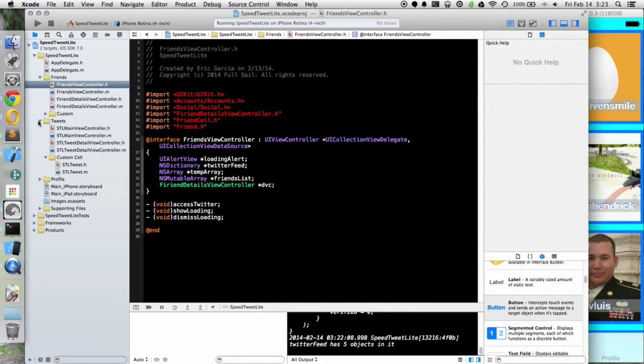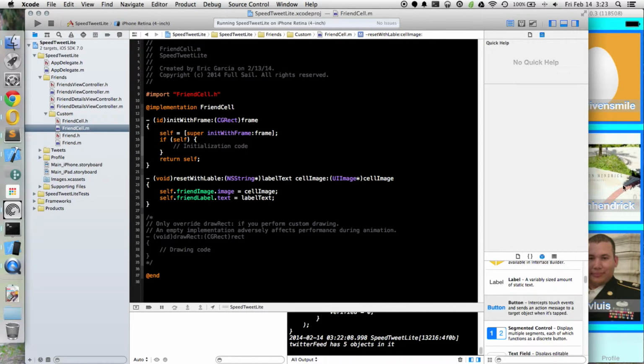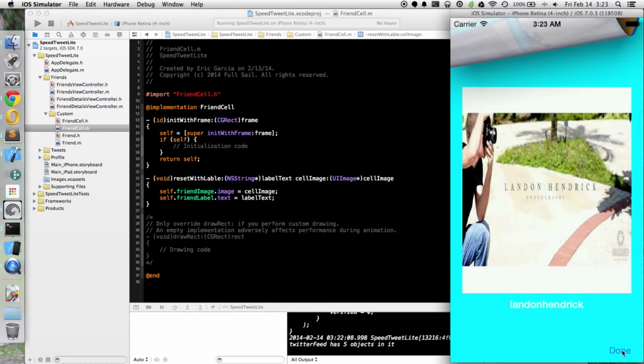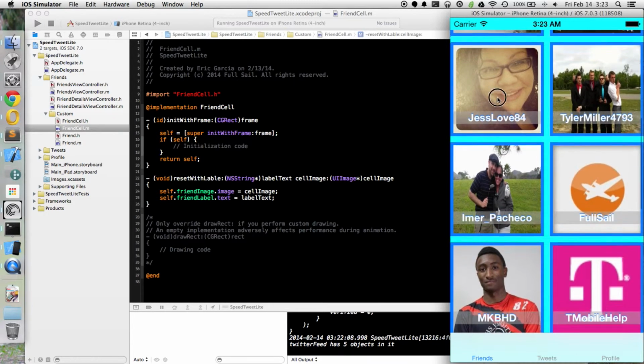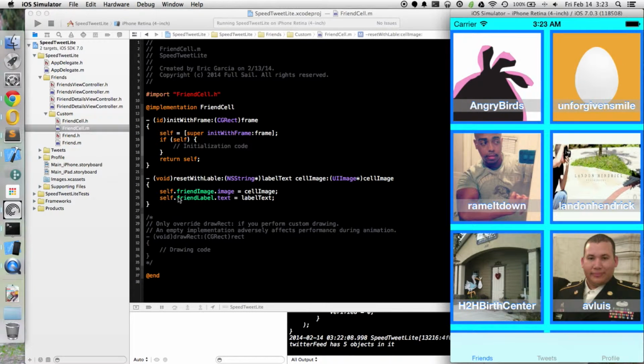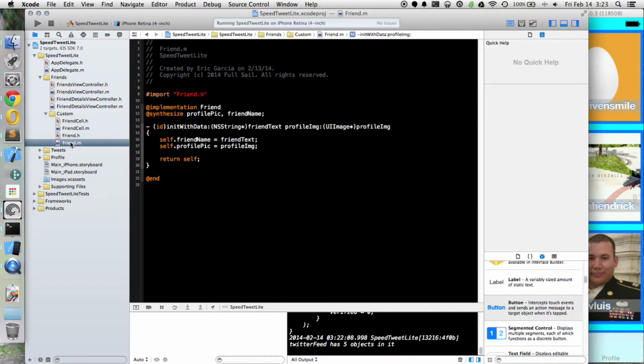It's a fairly simple setup if you don't look at the other stuff from last week's project. We have a custom cell set up, which gives you the view with the name with a little background, just in case there are some that you wouldn't be able to see too well, as well as the image view and the label. And that's it for the custom cell. Then you also have the custom object, which allows us to create it and store it in an array